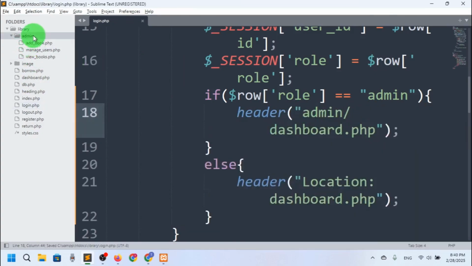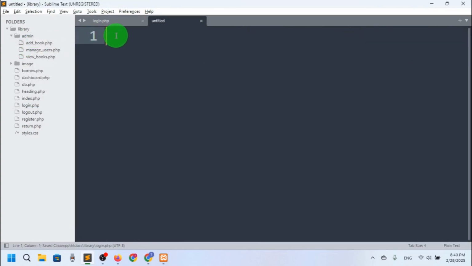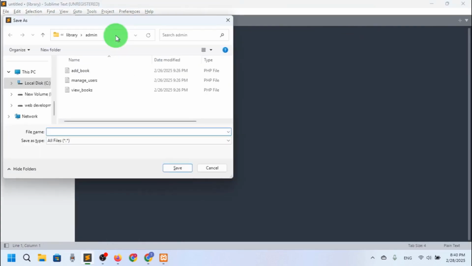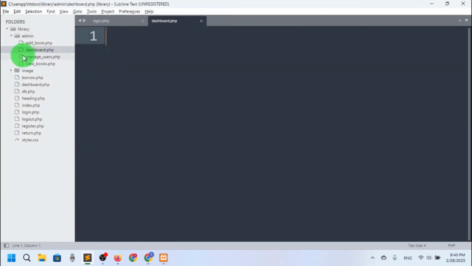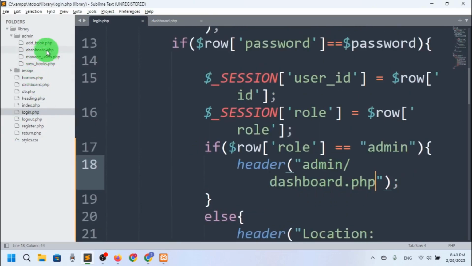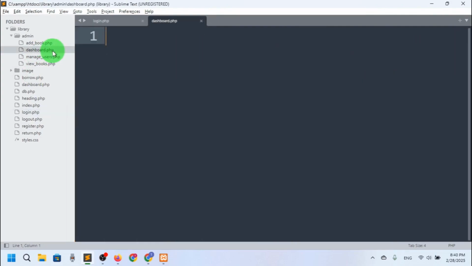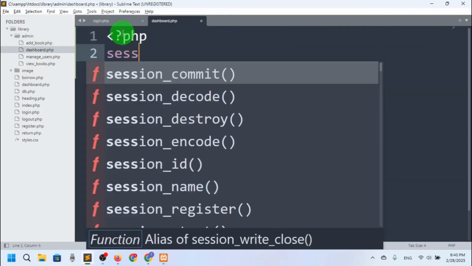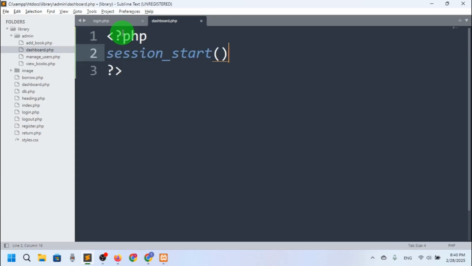So I have to create here one more dashboard. So I will say here dashboard.php. So this dashboard is for admin, okay, and the second dashboard, this common dashboard, is for the users. So now let's go to the dashboard.php for the admin here, and here I just want to check, I just want to start session here, first session start, and actually I will say that if